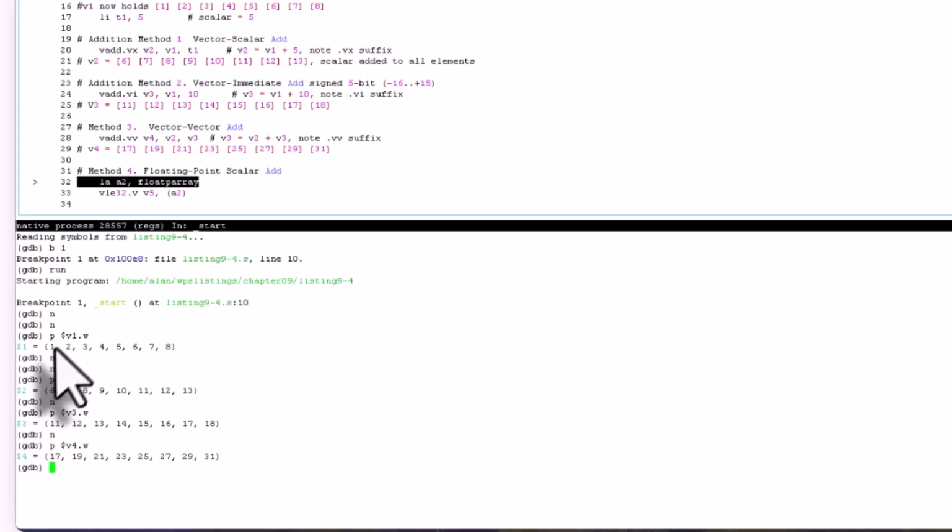So if you remember here, we have V1 as this value. We have V2 as this value. We have V3 as this value here. So adding V2 and V3 gives us 6 plus 11 giving 17, 7 plus 12 is 19, etc. So no issues there. The last vector addition we're going to do is to add a floating point scalar value